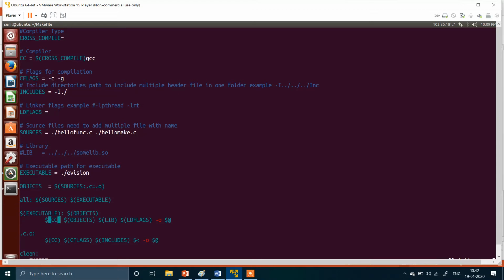CC means your compiler, where we have specified GCC, and it will use object, libs and LD flags. I encourage you, after this experiment, to watch my library creation video and try to link a few libraries, so you will get a better understanding of makefiles. Because when you compile any big open source project, these parameters play a very important role.